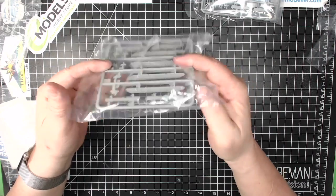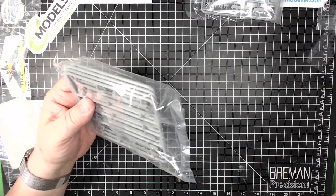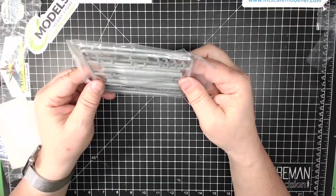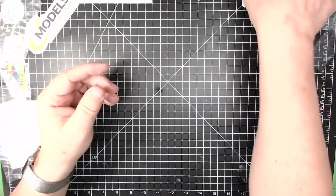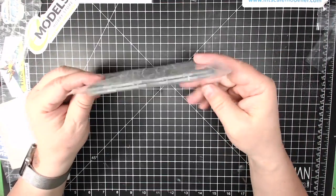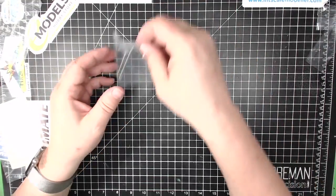Pylons and ejector racks. 4 of those. 2, 4, 6, 10, 12. These look like laser guided bombs. 14 more sprues. Full pylons. Now,